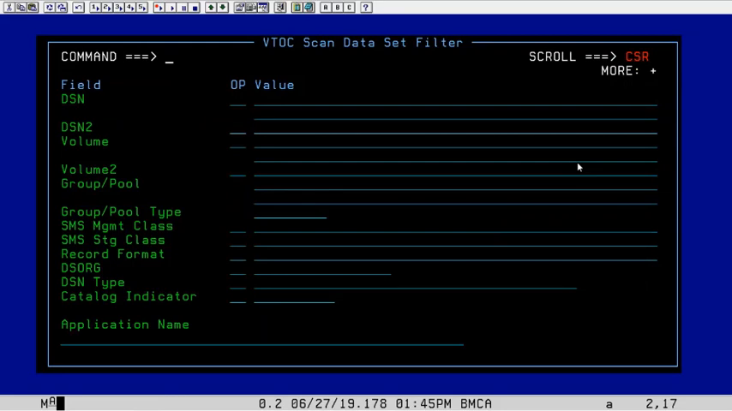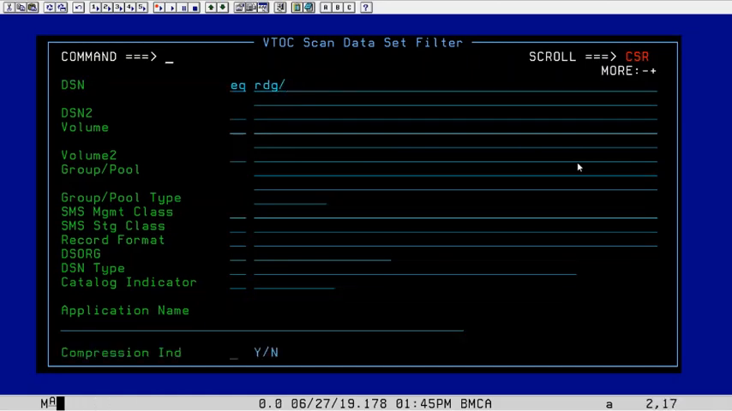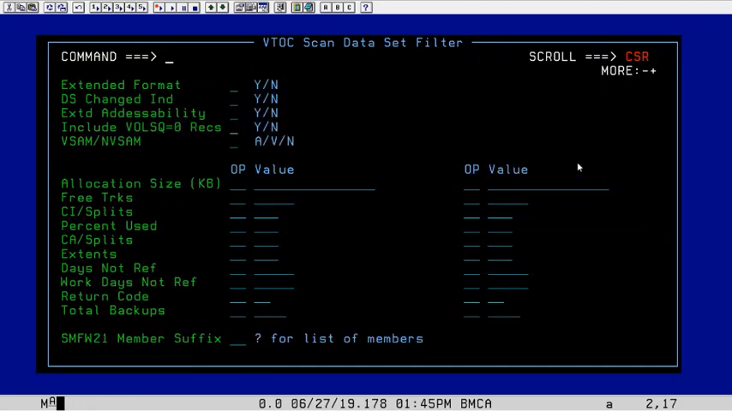We're going to bring up our MPD dialog, and we're going to type in some fields. So we're going to check all the RDG datasets. This would be something that you would want to do on a regular basis. We're going to look for a size, so greater than, say, we'll do 10,000